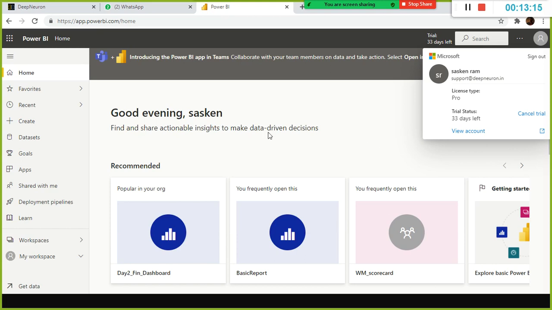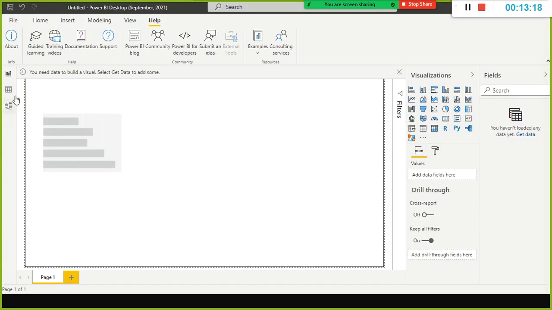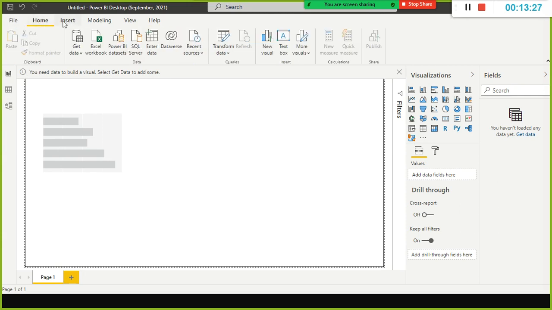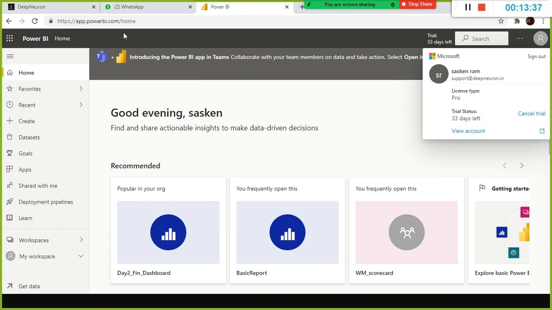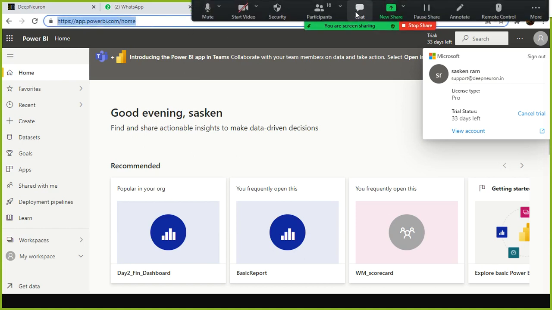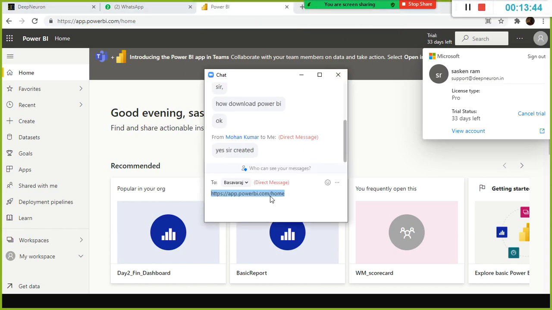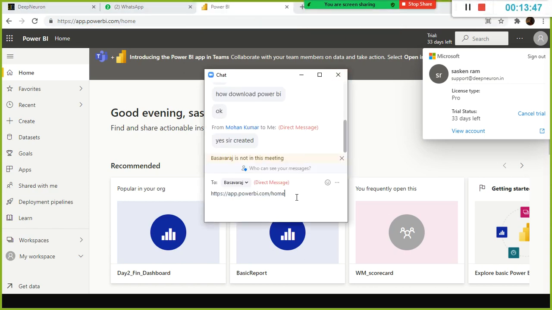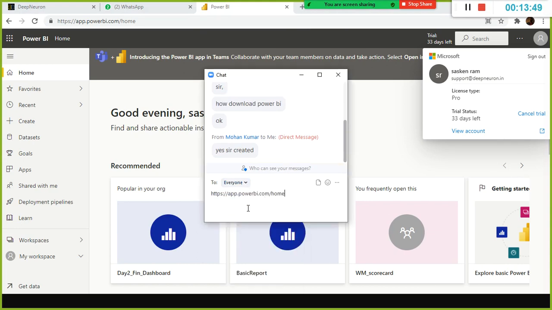Once you develop the report here, you can publish it as a PBIX file, and you can publish it on cloud. So you have an option to publish it here. Look here, when you go to the home ribbon, you will find something like share, publish. When you publish it, it will be in shared mode. You are sharing it on cloud. So this is the cloud. Please, side by side, go to this site and register yourself. Mohan, very good. Mohan already created. Mohan is very proactive. Very good.